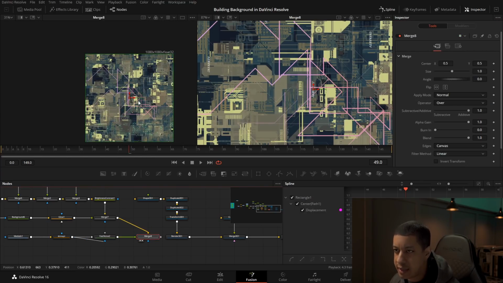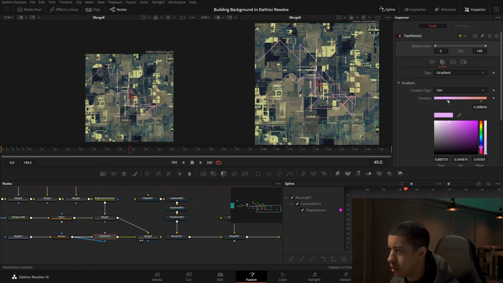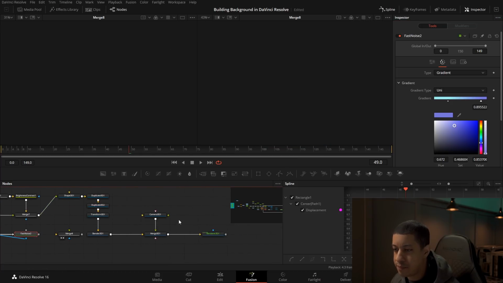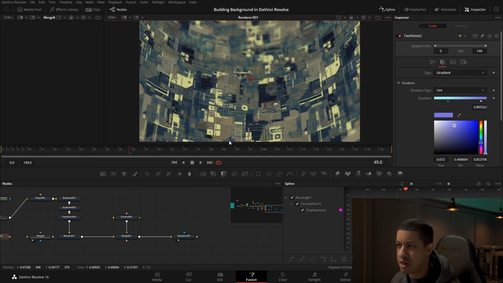Not exactly sure how to get this to work here. Thinking maybe these need to go into like the blues, something like that. Maybe that just won't work. Alright, so that's kind of it here in a nutshell.